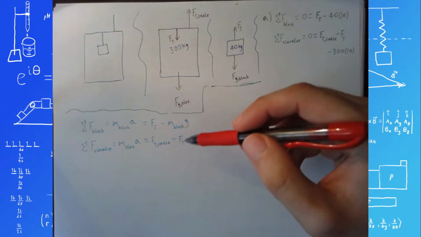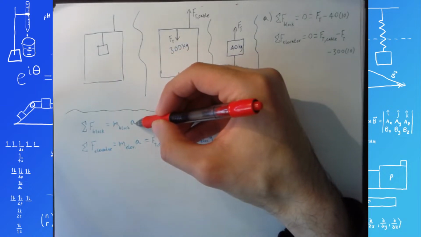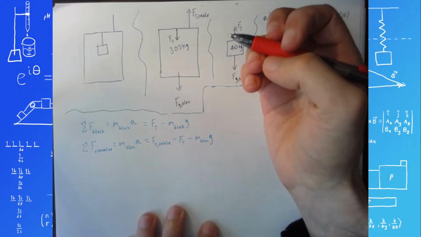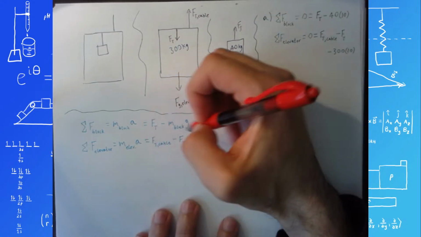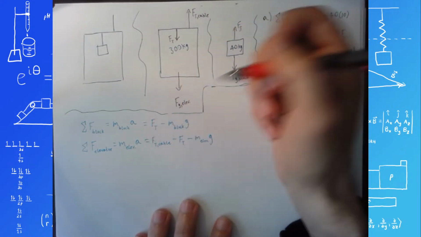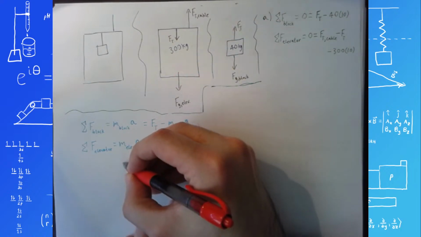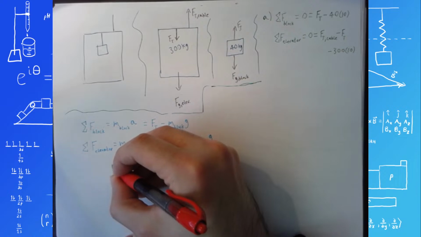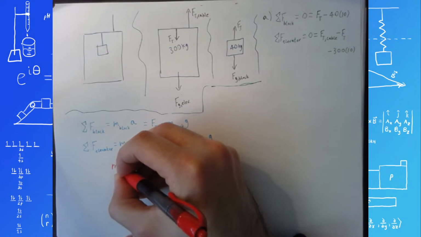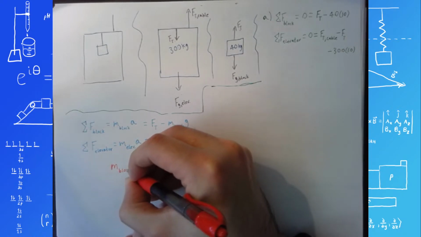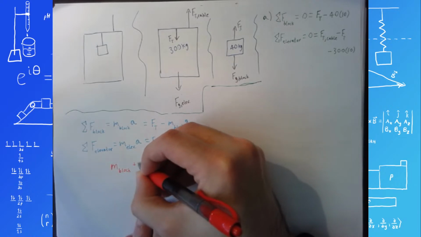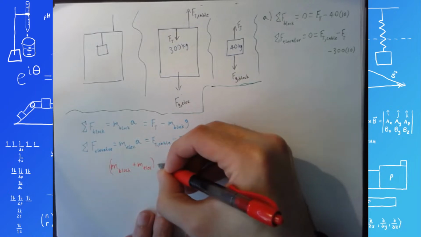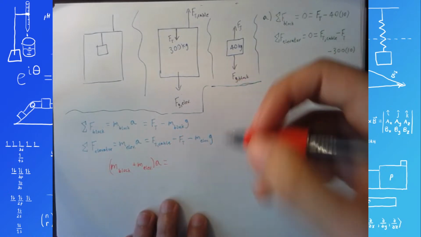so when we write it out like this, if these accelerations are the same, then I can combine these two equations together. I can just add these two equations to each other. And what happens then is you get mass of block times A plus mass of elevator times A. I can factor out the acceleration. Mass of block times acceleration plus mass of elevator times acceleration can just be rewritten like this, is equal to,